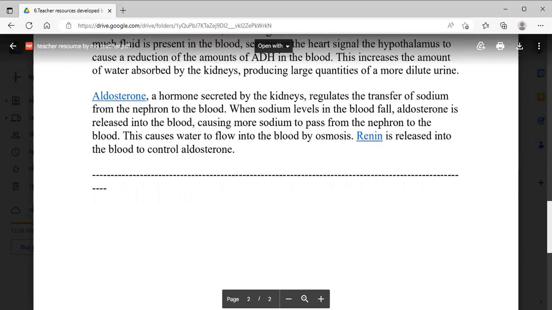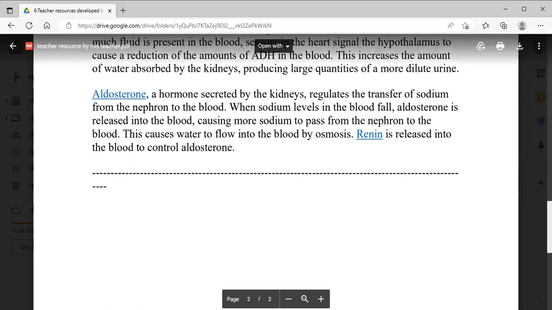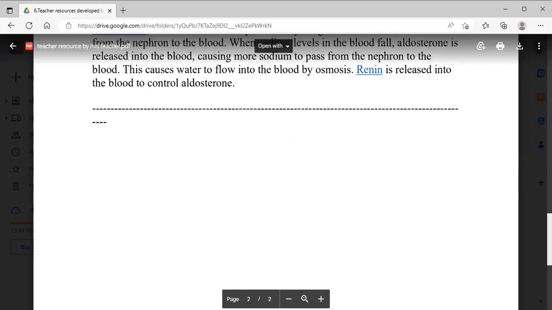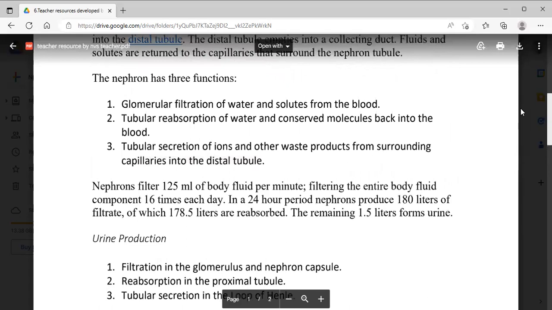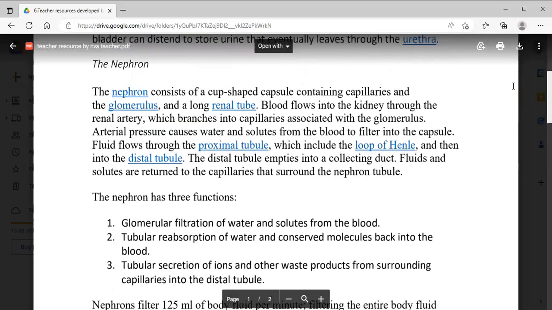This causes water to flow into the blood by osmosis, इसकी वजह से पानी भी एब्सॉर्ब हो जाता है क्योंकि जब सोडियम एब्सॉर्ब होता है तो उसके साथ साथ पानी भी रीअब्सॉर्ब होता है। Renin is released into the blood to control aldosterone, और ब्लड में रेनिन भी रिलीज होती है एल्डोस्टेरोन को कंट्रोल करने के लिए। यहाँ पर हमने शॉर्ट में कंपोनेंट्स ऑफ नेफ्रॉन पढ़ लिए, रेगुलेशन ऑफ नेफ्रॉन भी पढ़ लिया थ्रू एडीएच एंड थ्रू रेनिन, एल्डोस्टेरोन, एंड नेफ्रॉन